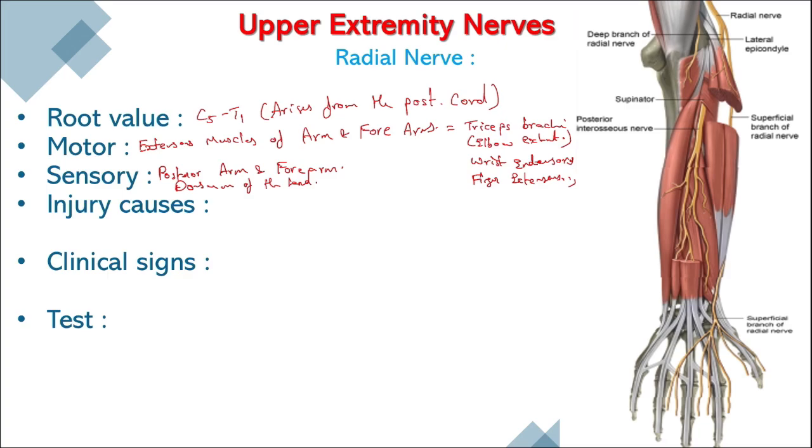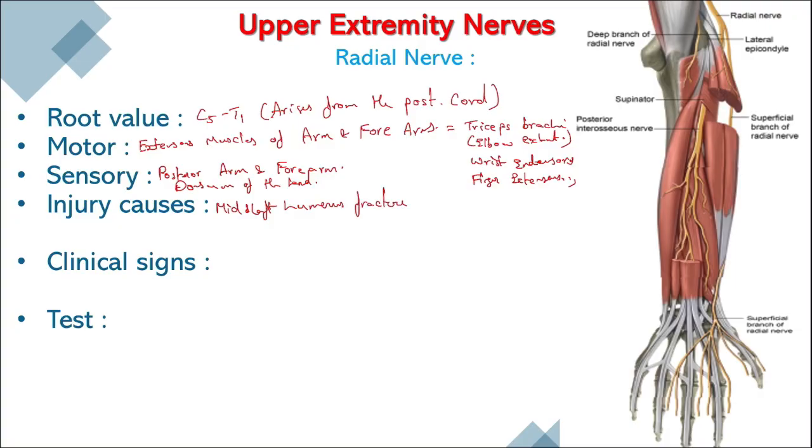Especially the web space between thumb and index finger. In this area we can see the sensory sensation. I will show you some hand images. Radial nerve injury happens mostly with a mid shaft humerus fracture, which can cause radial